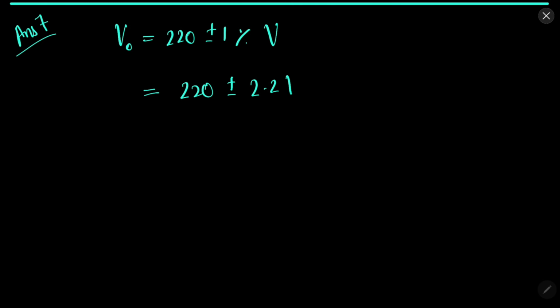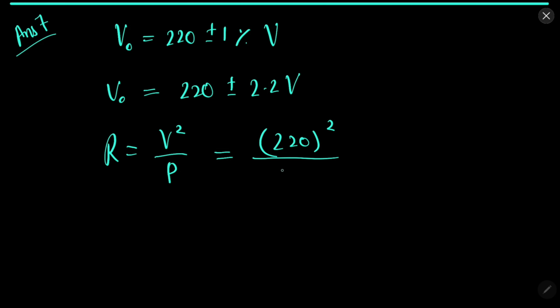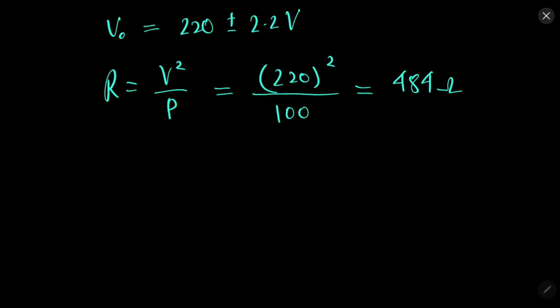So the output voltage is 220 plus minus 1% volt. So 1% of 220 is 2.2 volts. So 220 plus minus 2.2 volt. Now resistance is V square over P, 220 whole square over, power is 100, so 484 ohms. Now for minimum power consumed,